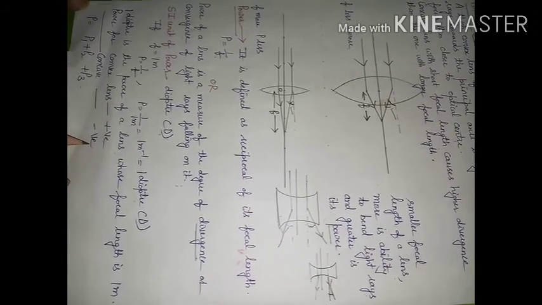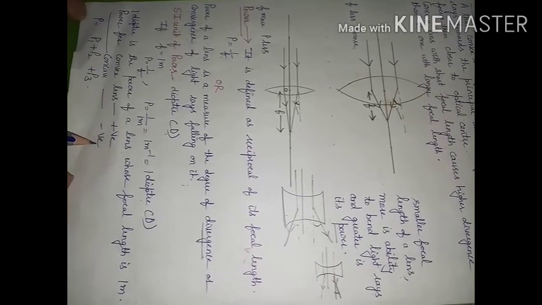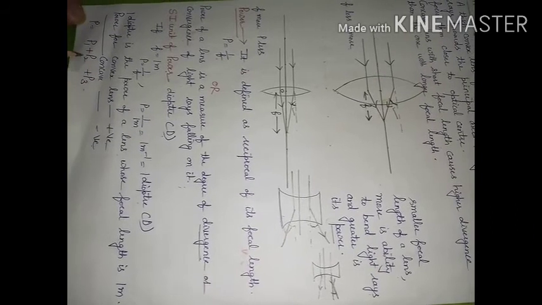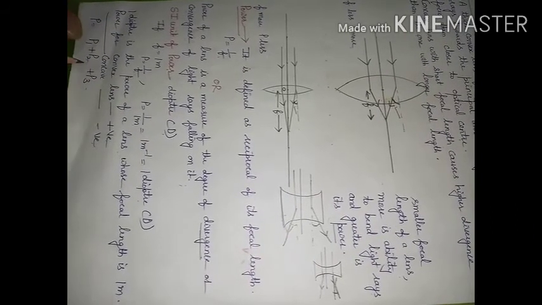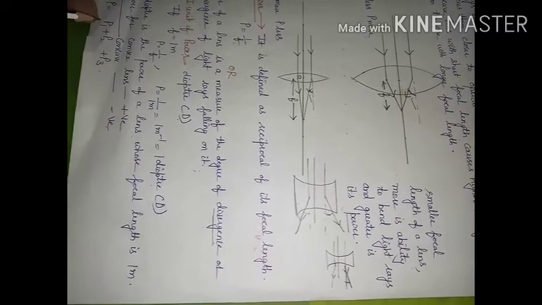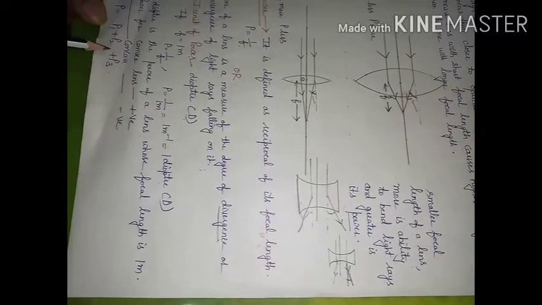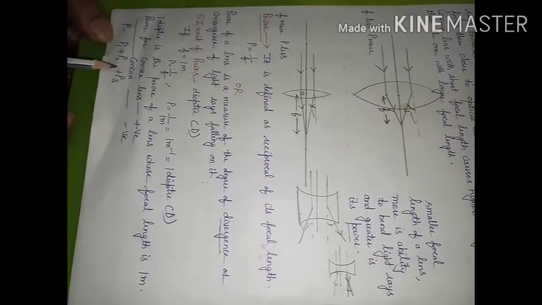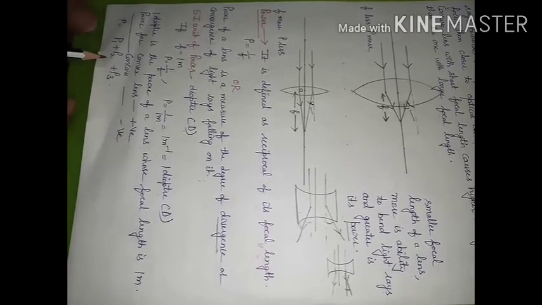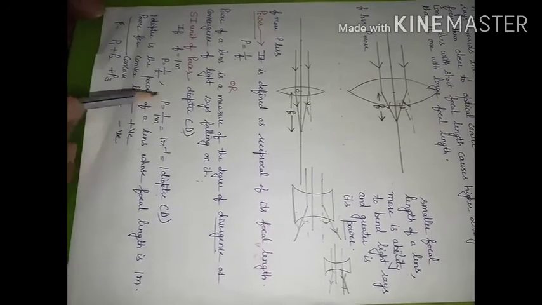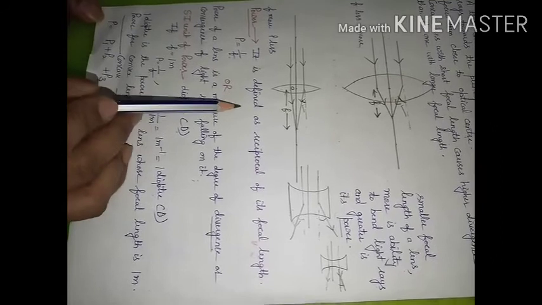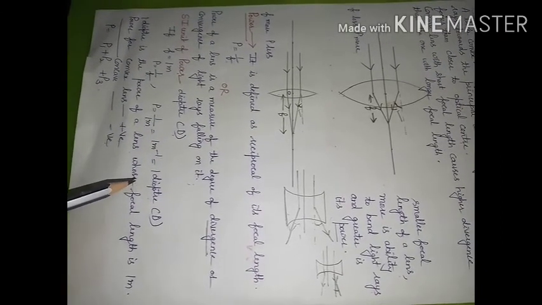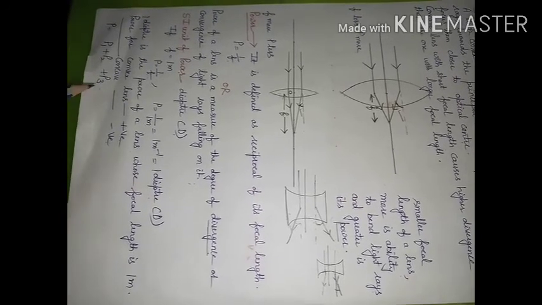If you are going to have combination of lenses and distance between them is not going to be large, then total power of all the lenses will be P1 plus P2 plus P3, where you have to add them by proper sign consideration. For concave lens, you will consider negative power. For convex lens, you will consider positive power. So, most of the time, question comes, define power. What is SI unit of power? Define that. And sometimes 1 mark numerical can be there related to this.